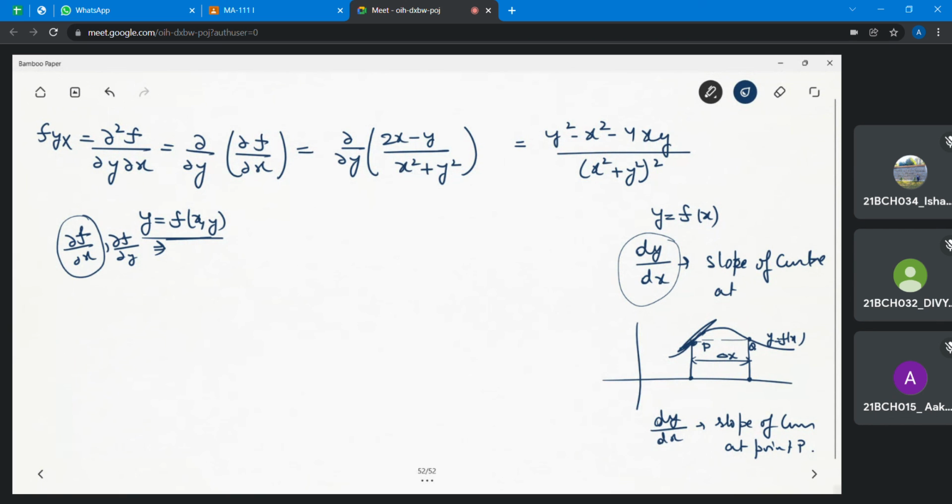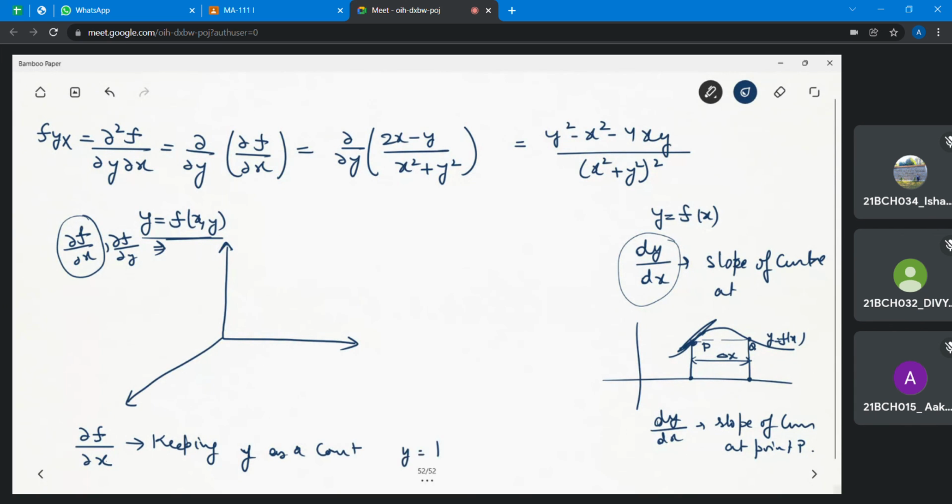What do you mean when you take the derivative with respect to x? So you see that if we are talking about the function f(x, y), let us suppose we are talking about del f, let's see what del f over del x represents. Del f over del x means the partial derivative of f with respect to x, keeping y as a constant. So let us suppose we choose y equals b.